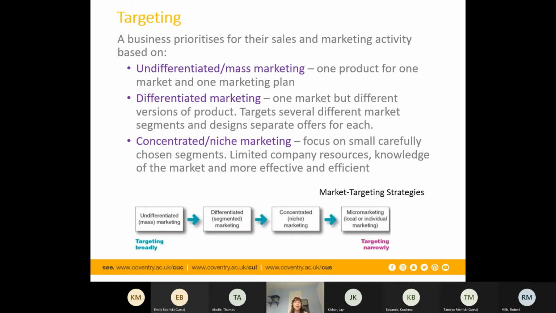And then if you've got certain geographical areas which have a high level of young families, you might have your children's menu or the sort of family deals. And then you've got certain areas that are more flats and young bachelors and the newly coupled or newly married. Then you almost do the date promotions. So that's where you do differentiated. So you've got the geographical market, but different versions.